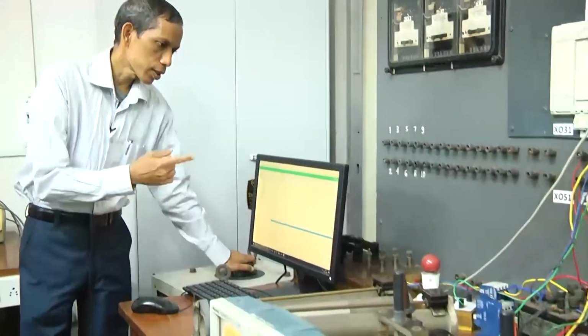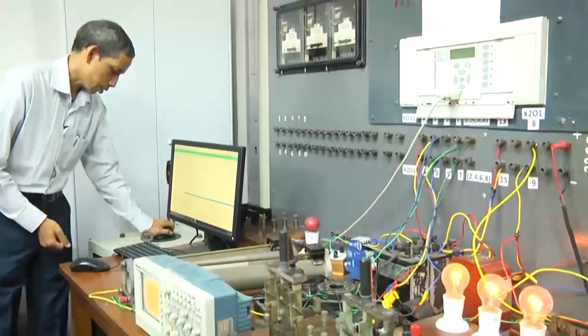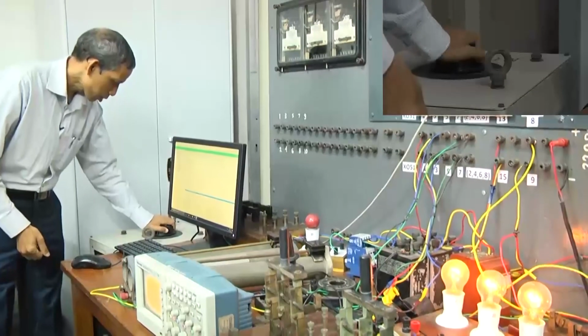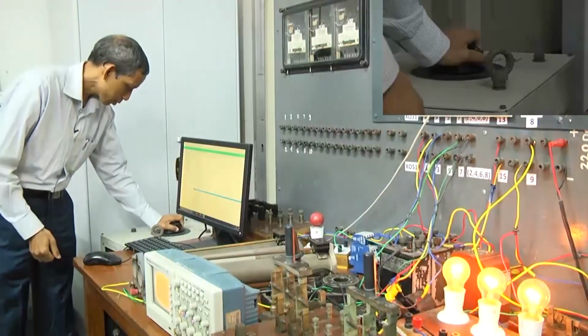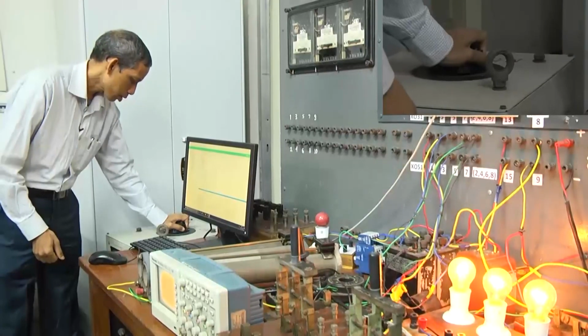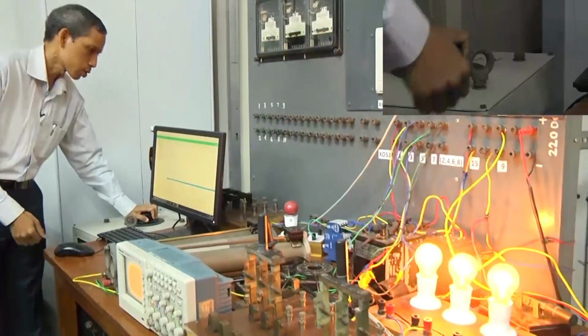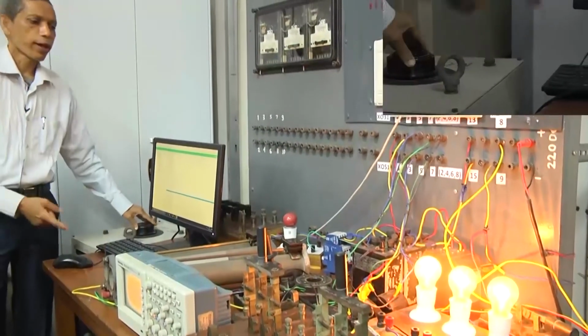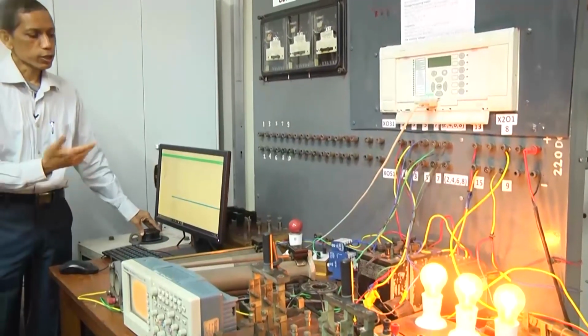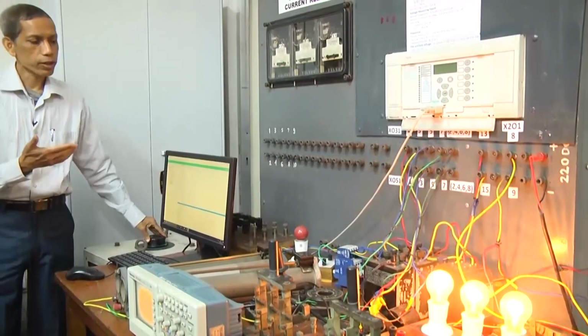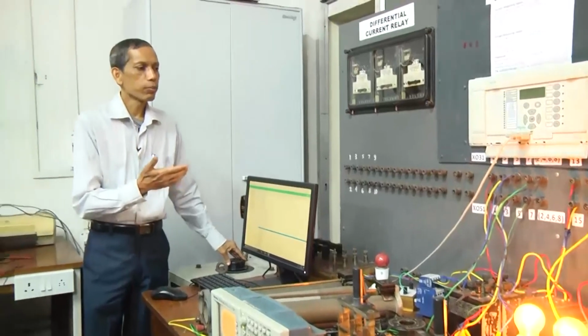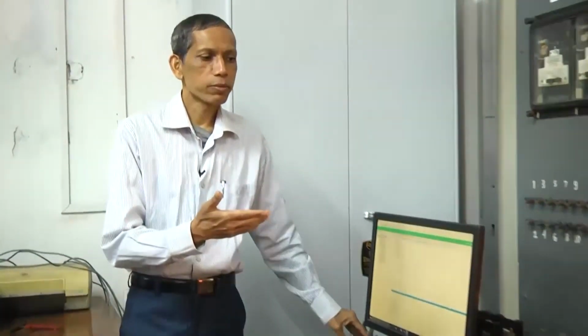I will demonstrate by increasing the voltage, and we will see that the relay should not operate. I am increasing the voltage substantially, and we see that the relay does not operate. Even with this high voltage the relay is not operating, and it clearly shows that the restraining feature is successful in blocking the relay from operating, even though the differential current is significant during this no